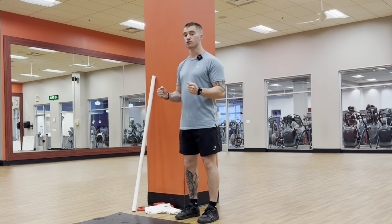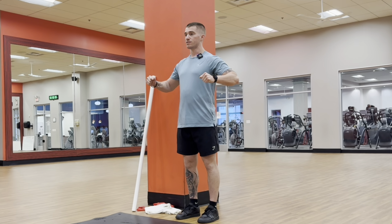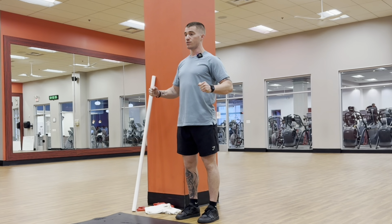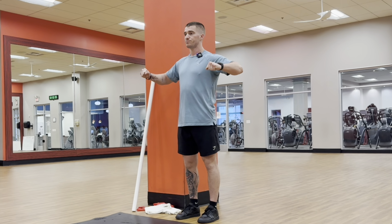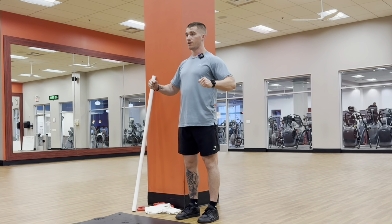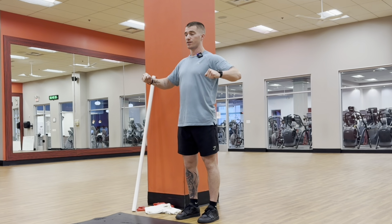So same thing, we're gonna start with our arms at a 90-degree angle, and we're just going to do a lateral raise. And the goal is to get about 180 degrees. So that's perfect for me. And if you go back and look at the previous videos, I've come a long ways. So we're gonna do 10 of these. That was 1, 2, and it's crazy. My right shoulder actually feels solid. It feels like it's getting stronger, and actually stronger than my left. That's 3,